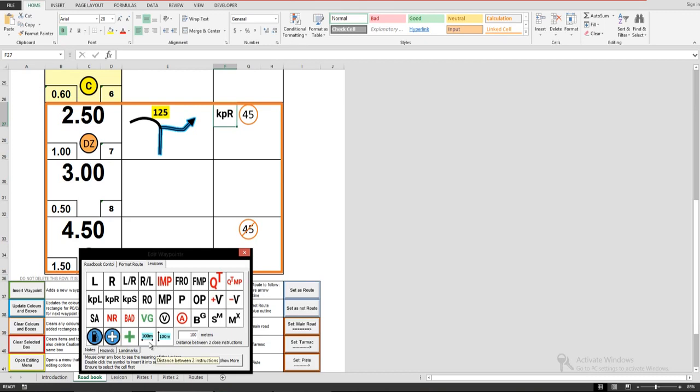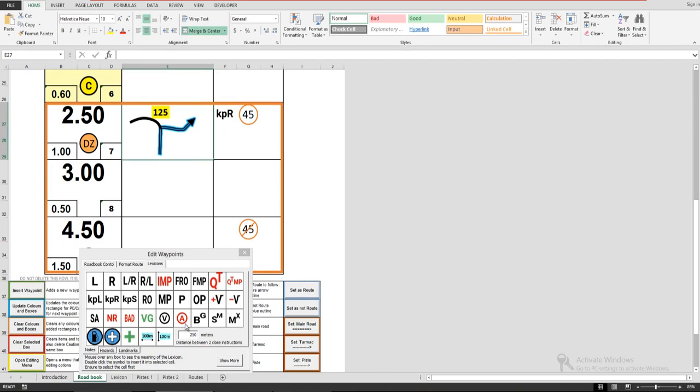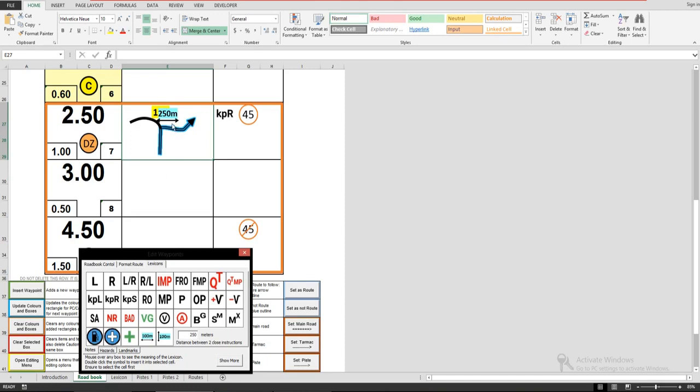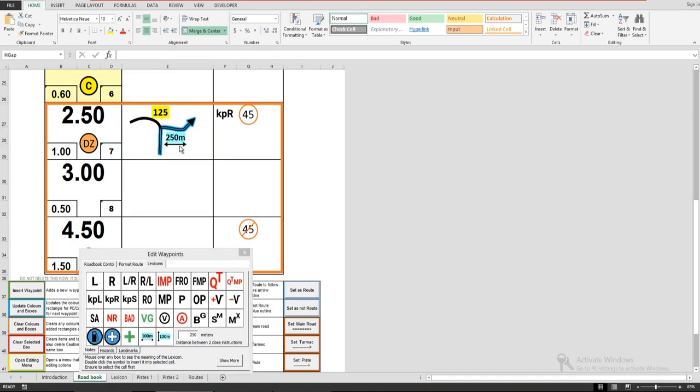One of the notes here is these distance boxes. So if you need to insert the distance box, again we have an option here for you to type out a custom distance. So for example, let's say it's 250 meters. I want the instruction in this box, so I select this box. And in this case, if I want to show this as a horizontal distance, I can choose this as a horizontal distance and I can double click and it inserts the distance here for me. And then I can move it around, resize it or rotate it as per requirement.